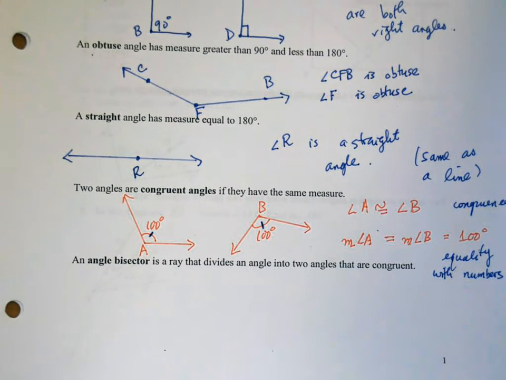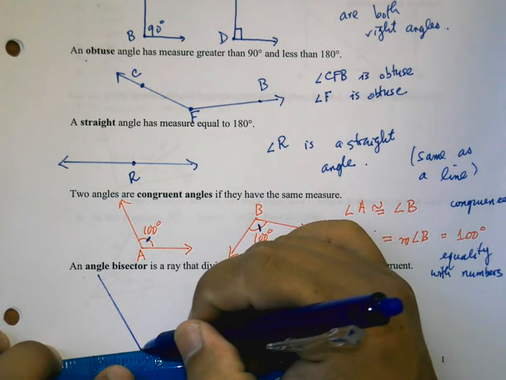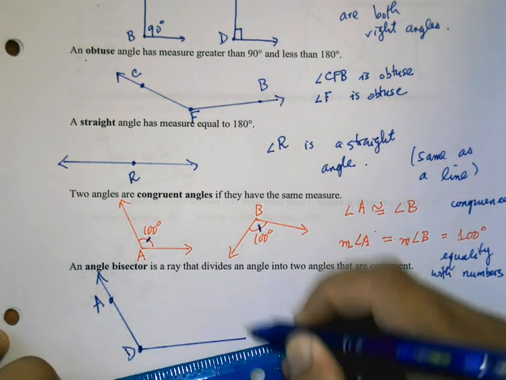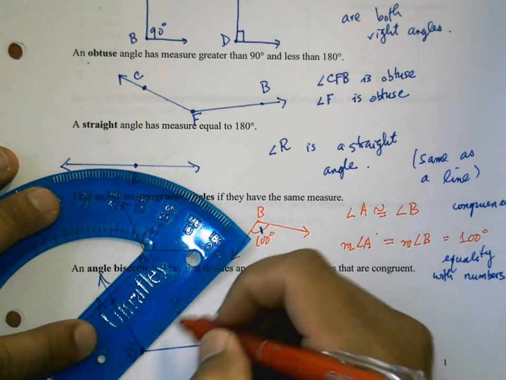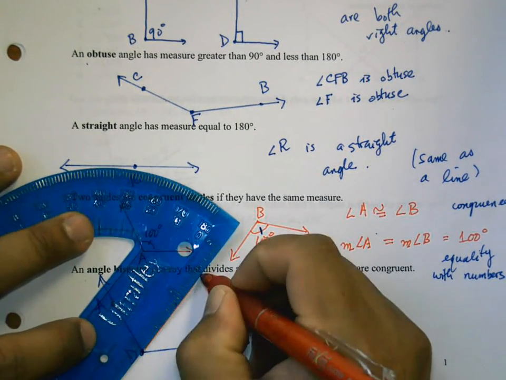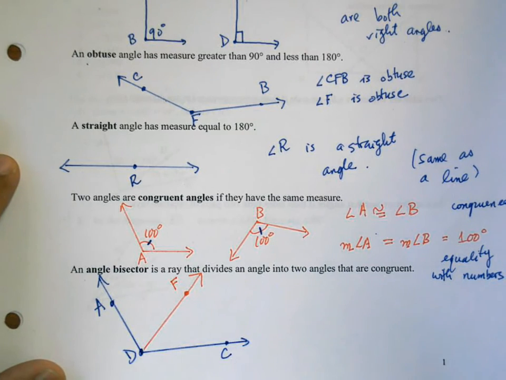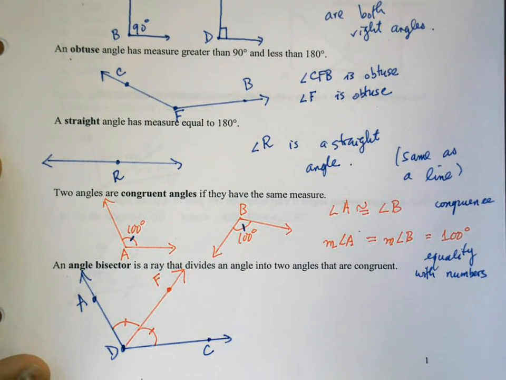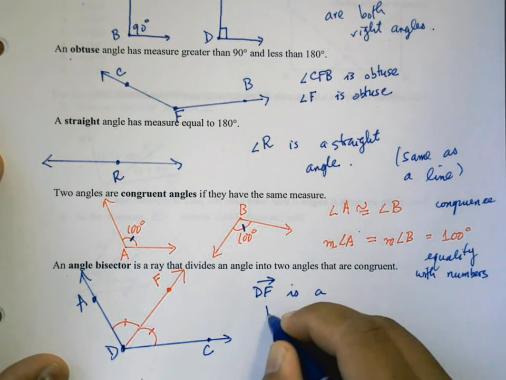The next term is angle bisector, a ray that divides an angle into two angles that are congruent. Let's say I have an angle like this, and let's call it A, D, C, and then I have a ray that cuts this angle perfectly in half. In this case we'll indicate congruence using those tick marks and that symbol. So here we can say that ray DF is a bisector